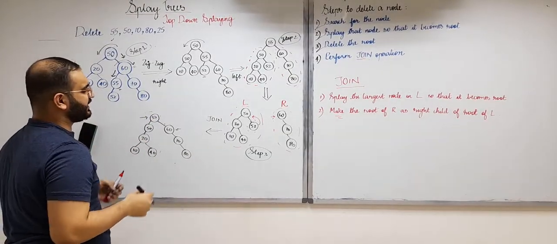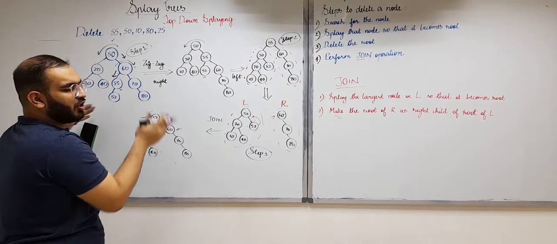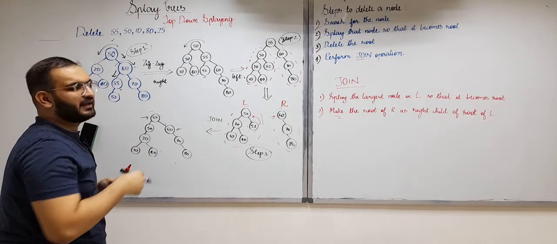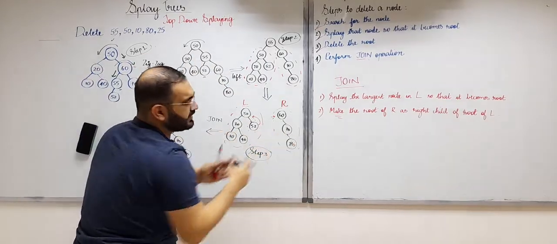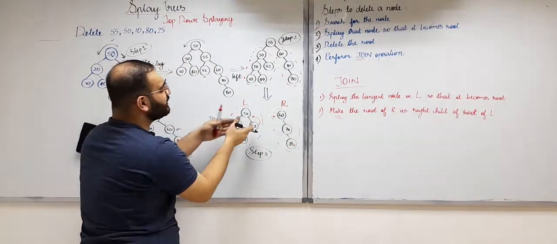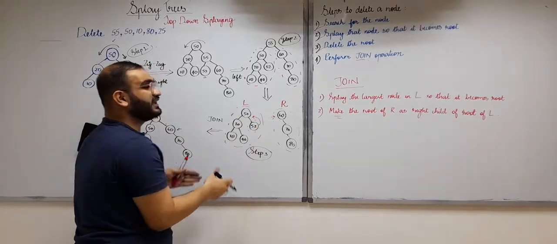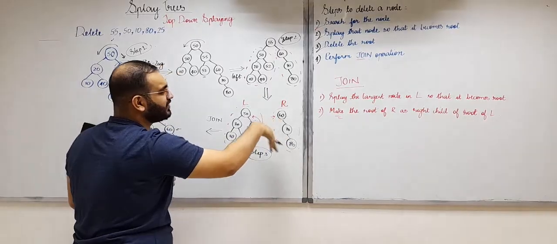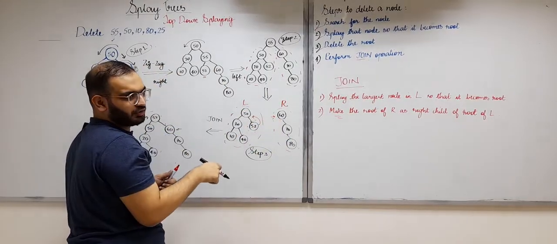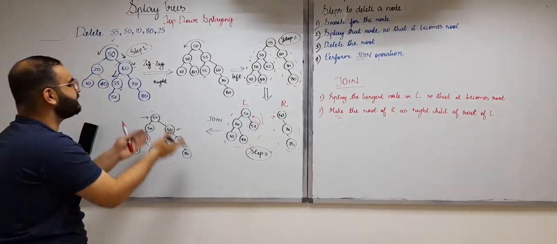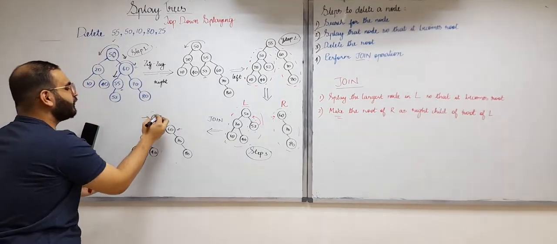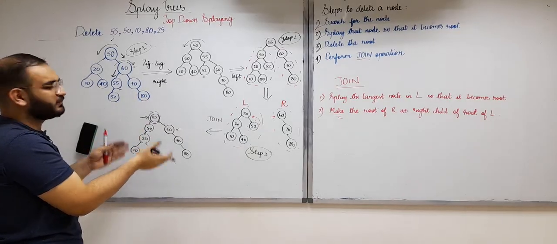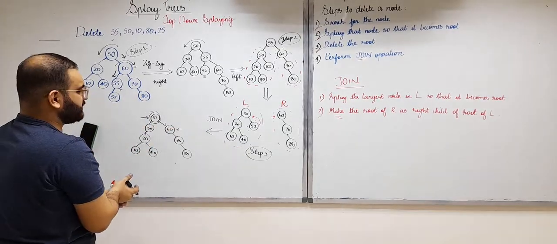Even otherwise, if you understand, when we deleted the node, all the elements in the left subtree of that deleted node were lesser than that node, and all the elements in the right subtree were greater than that node. So even when we bring this greatest element in the left subtree to the root, at any cost, all the elements in the right subtree will be greater than that root also. So this entire right subtree will be attached as the right child of the root, because it is greater than all those elements, right? So we are again following the binary search tree property over here.